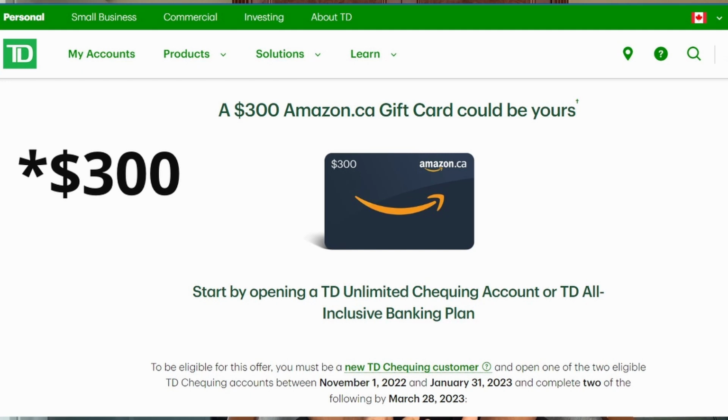The other example is that one of my friends opened an account in TD Bank, right? So he got a $400 Amazon gift card. These kinds of offers they make because they want to get new customers into the bank, so that they can show how many accounts are open. So I think that's the reason they're trying to have this customer acquisition.